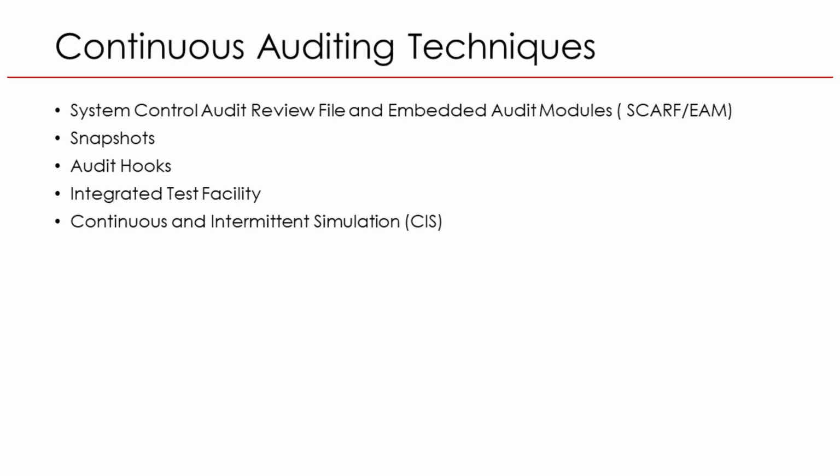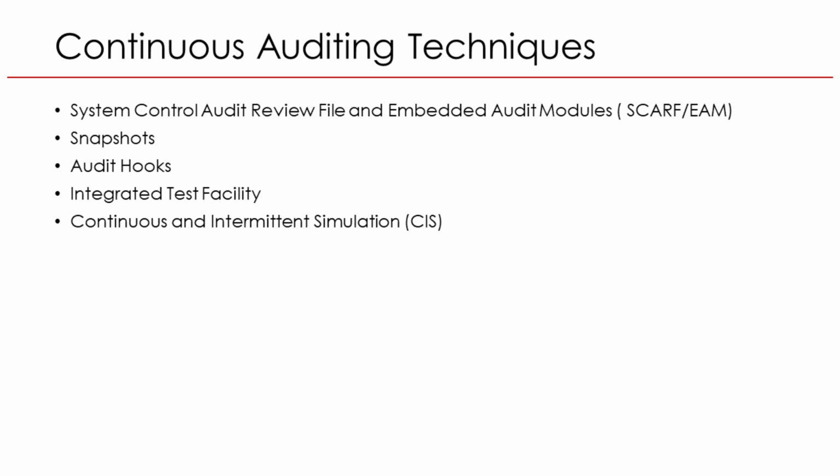4. Integrated Test Facility, ITF. ITF involves creating a small fake section within the organization's live system with dummy transactions. This allows auditors to test system controls without affecting real data. Example: an auditor creates a dummy vendor in the procurement system and processes a test payment to ensure that approval and segregation of duty